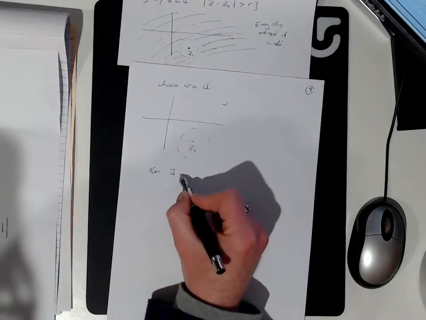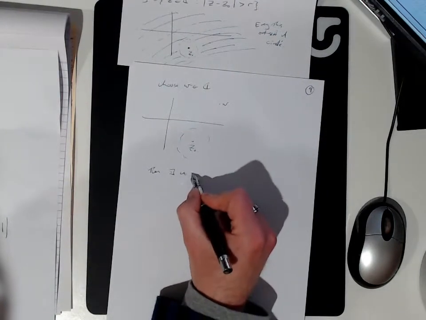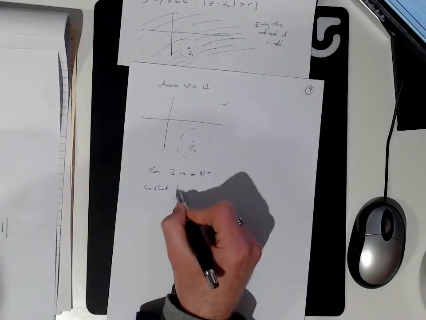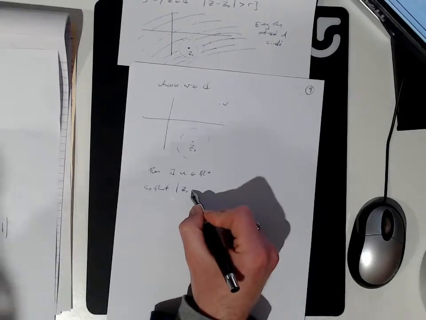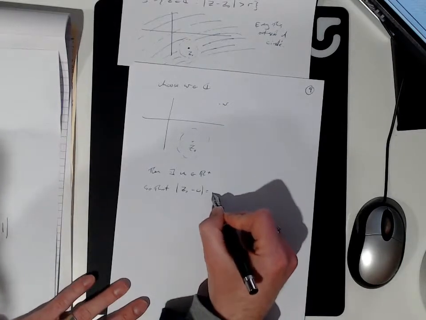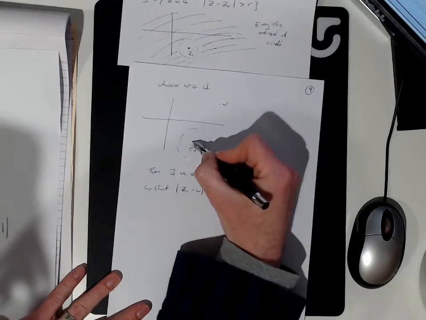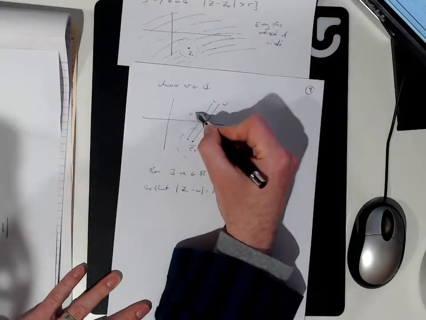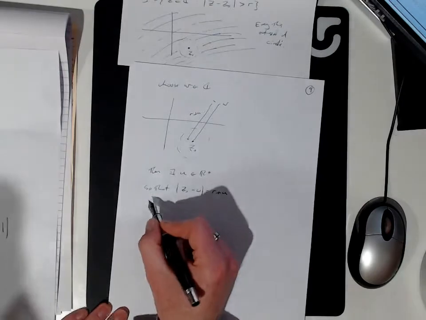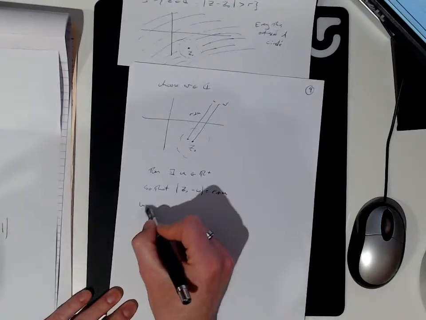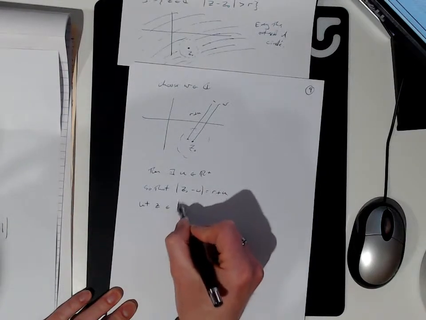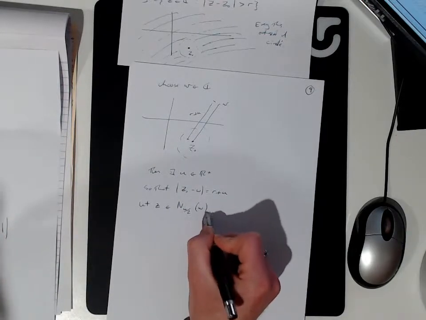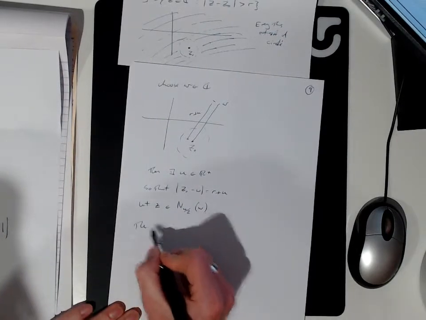Then there exists u in the positive numbers so that the distance between z0 and w is R plus u. Let z be an element of the neighborhood of radius u over a half about w. Then